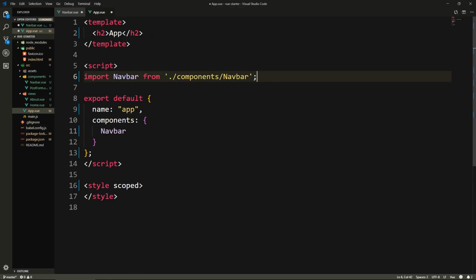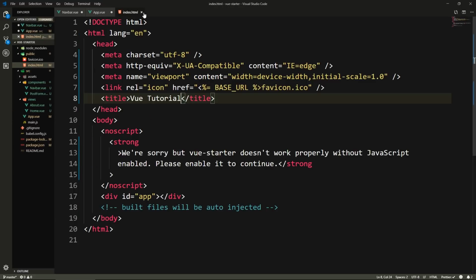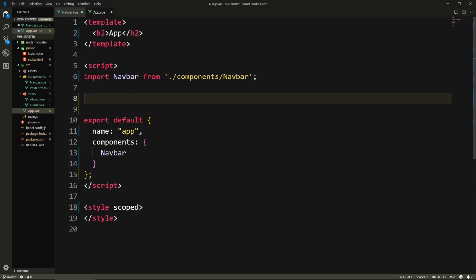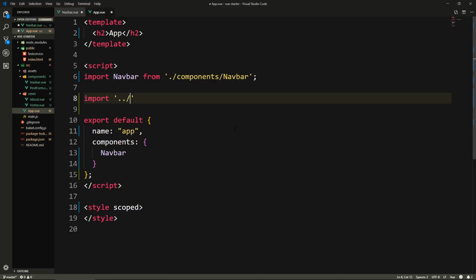One thing actually, I forgot to import materialize CSS, so let's do that. So here in our app, you can as well import it in the index.html, but I prefer doing it in the app view file. All right, so here we'll say import, and we go back one level, and we go to node_modules/materialize-css/dist/css/materialize